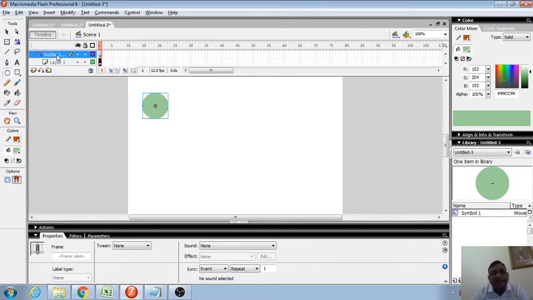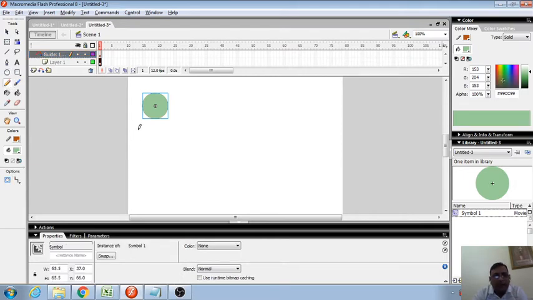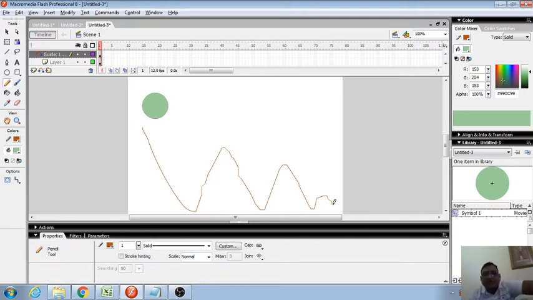In this guide layer, what I will do, I will draw the path with the pencil. I will take the pencil and draw the path of how my animation will move. What I want is, it will come here, go down, then go up, again go down, then go up, and go down, and come here, and stop here. Okay, this I want.